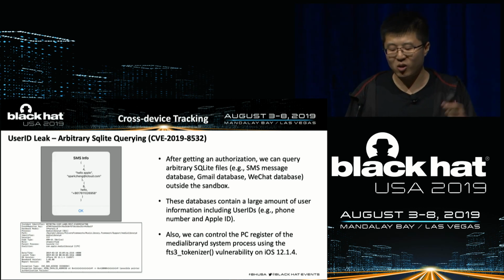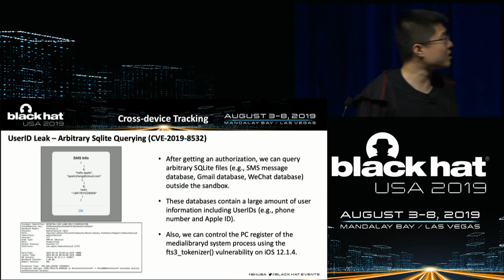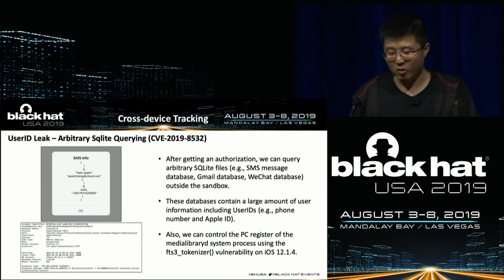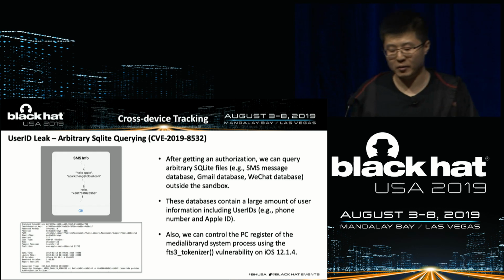Also, we can control the PC register of the medialibraryd process using the FTS retokenizer vulnerability on iOS 12. The second picture shows that we successfully controlled the value of the PC register to 41414141.